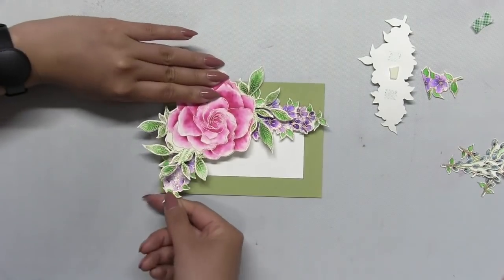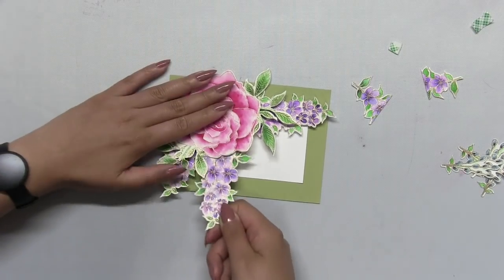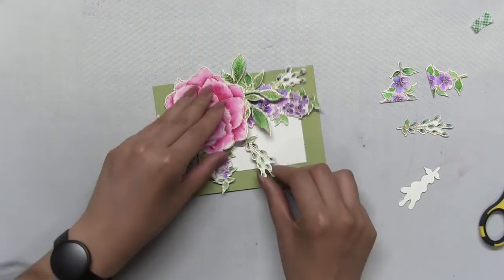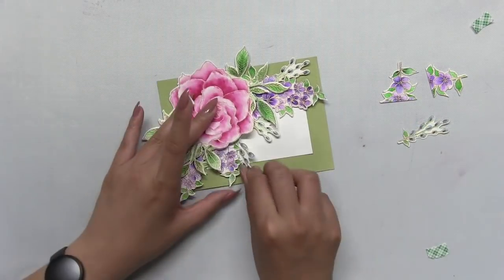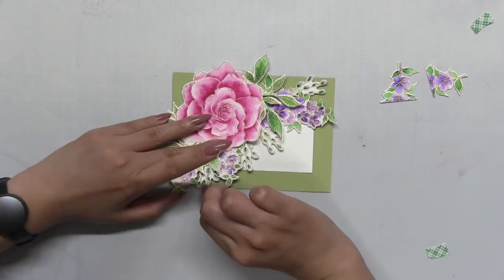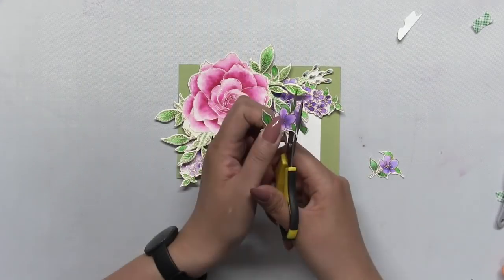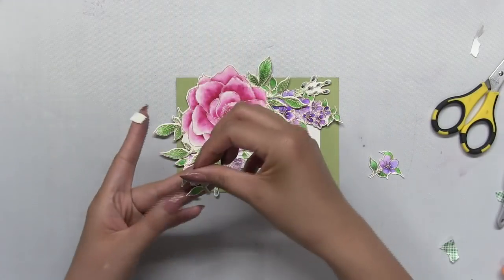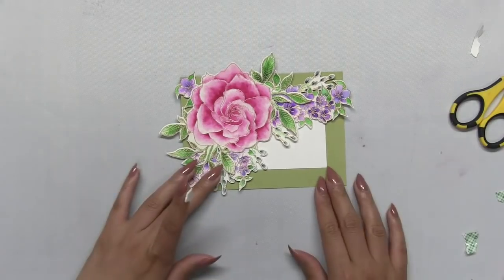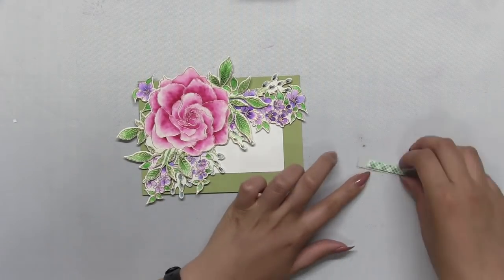Now I'm going to start popping up all my floral elements. For the 2 branches that are on the bottom of the amazing gardenia, I actually cut off the bottom portion of the branches because they were kind of getting in the way of each other. But make sure you save these pieces because I end up fussy cutting some of the florals from here and I reuse them on my project because I really don't like to waste pieces, especially watercolor pieces, because all the work is done. So if you can crop out any excess pieces on this kind of stuff and reuse them, go for it because you can only add to your